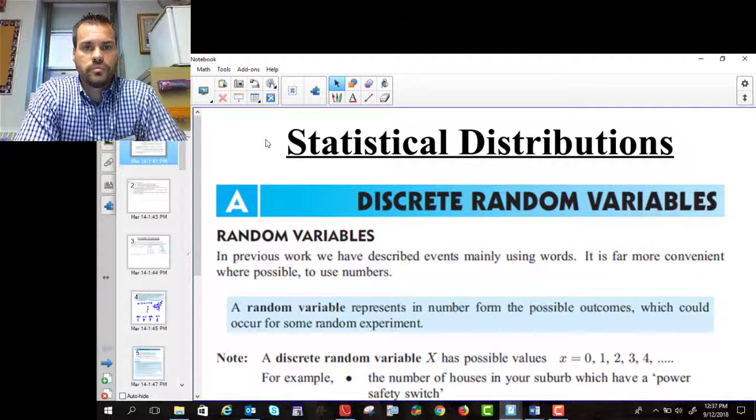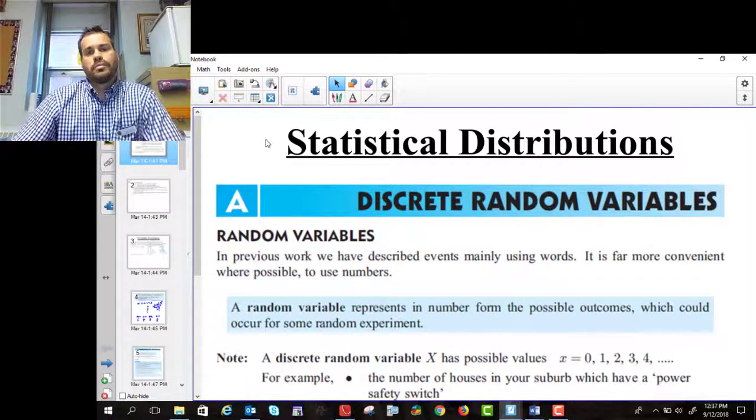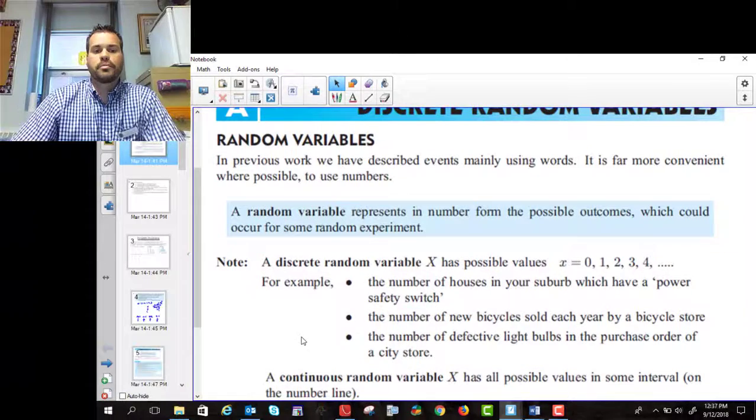So when we talk about that, we talk about random variables. A variable, basically, is something that we're measuring. So a random variable is a number of possible outcomes which could occur when we do something. All right, so you roll a dice. If it's a fair die and it has 6 sides, then there's 6 possible rolls you can get, and that would be your random variable, the number of possible rolls. Here's a few other examples,